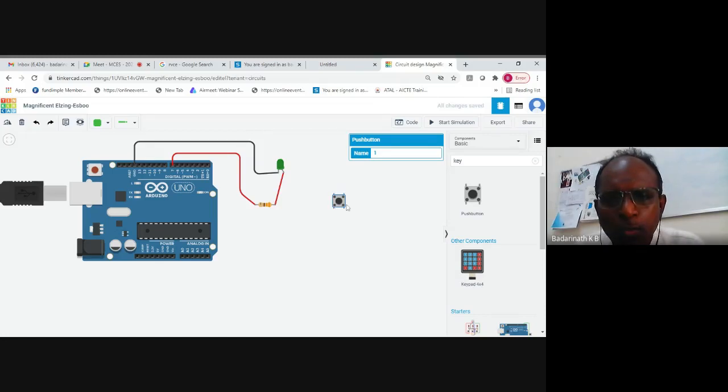So I'll be using these 2 horizontally. They are called 1A and 2A. How does it work? In the beginning, the connection between these 2 is open. There is no connection. But when I press this switch, these 2 are internally connected. So it is like open and close. When you press, these 2 will be closed. When you don't press, these 2 are open. So now I'll use the switch to give input information to this board. Let's say I'll use pin number 2.